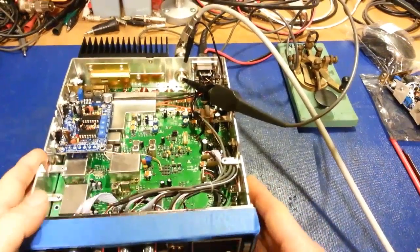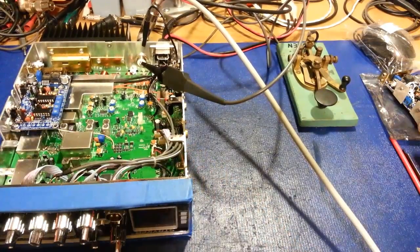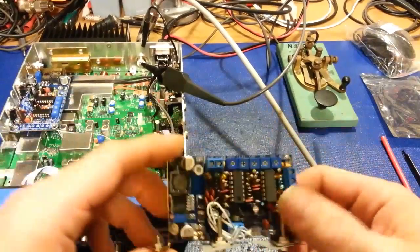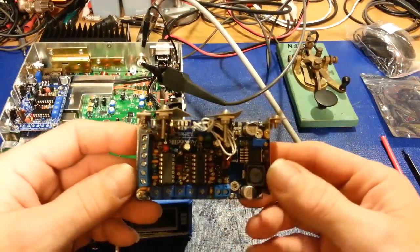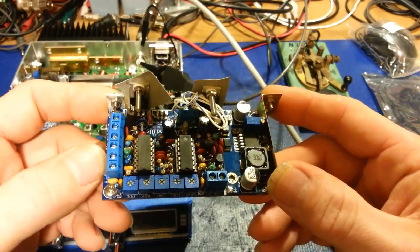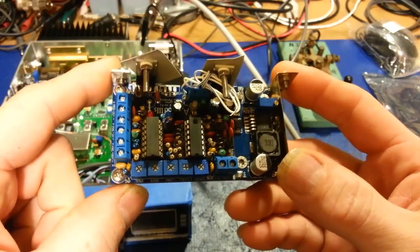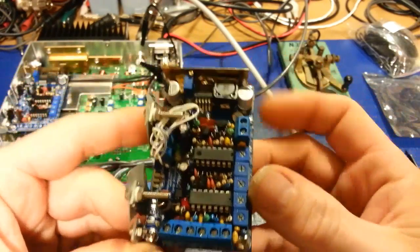And before I forget, something I just had to show, because that board, and this is the other board that he ordered, because he ordered a second one, because he said if he liked it, he might install one of these in another radio. He might want to tinker around with that himself. Do you notice something kind of out of the ordinary? The ICs have the numbers rubbed off,